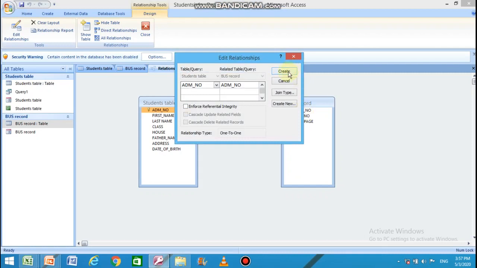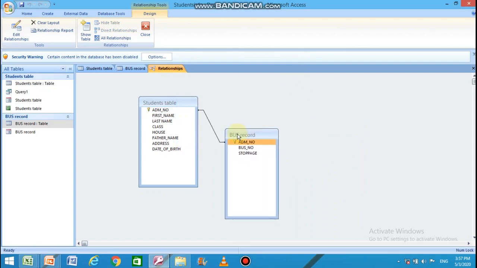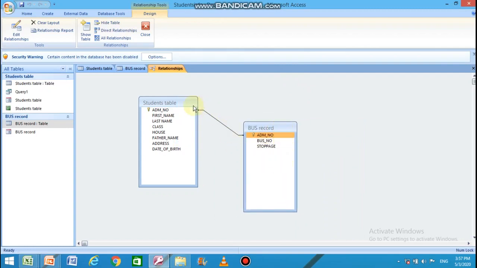Now click on create button. You can see a black line is there, connecting both the tables together, showing now tables are in relationship. Now these two tables are joined together. You can access records related to both the tables at one time because the relationship is established.